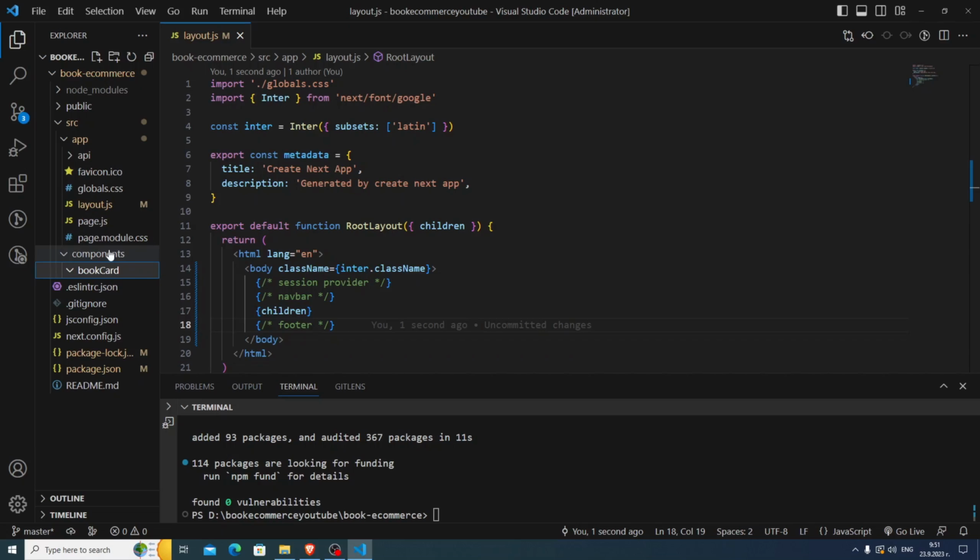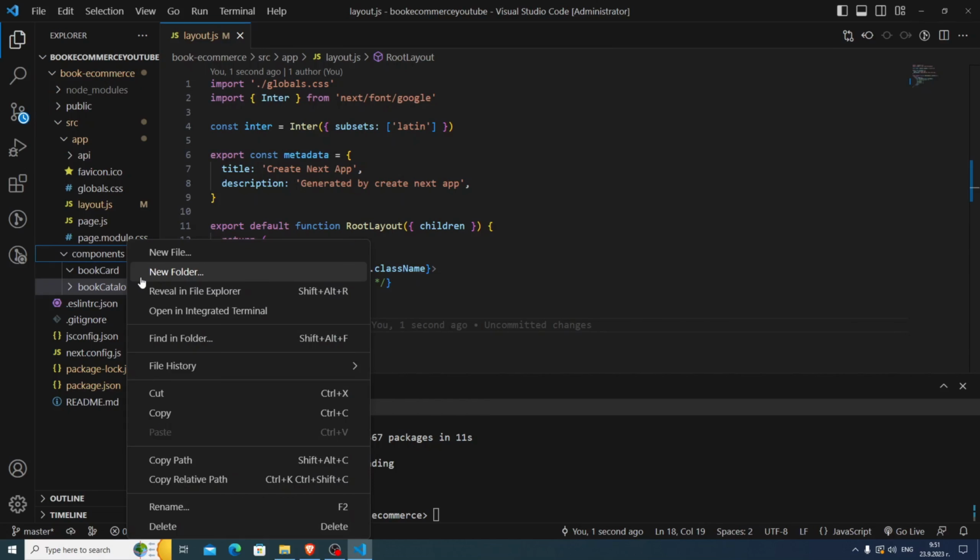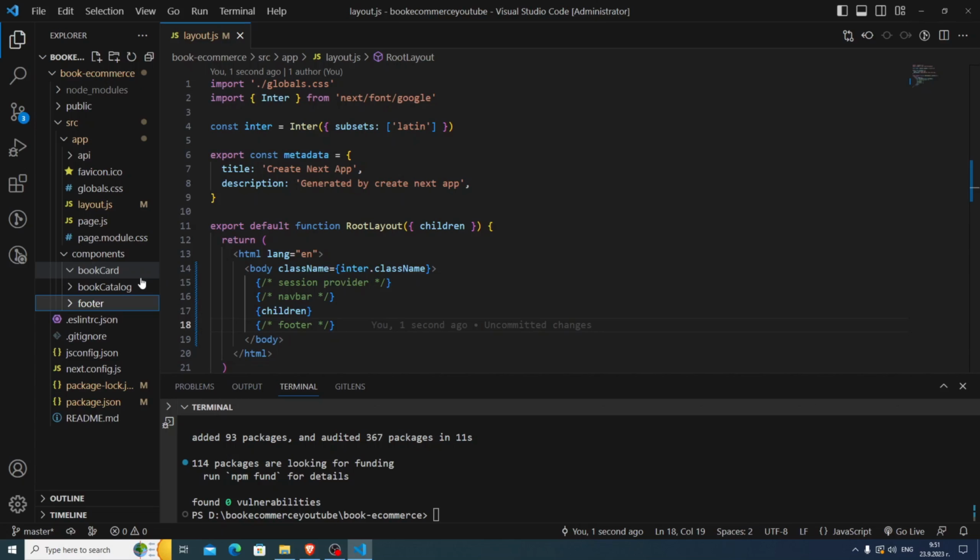That's why we use CSS modules. It's basically like vanilla CSS. Then we're going to have a book catalog. After that, I'm going to have footer, then free delivery,